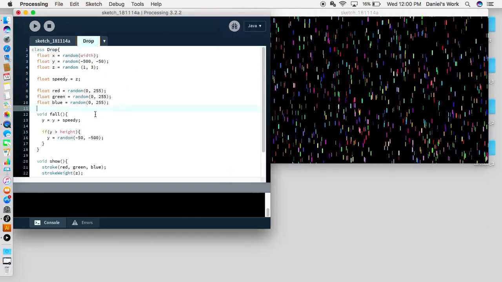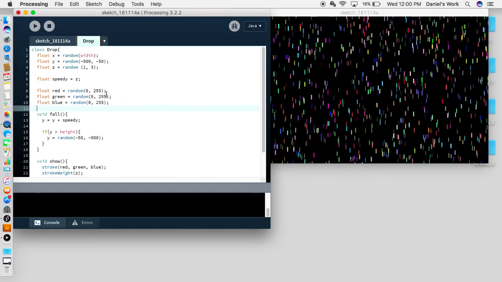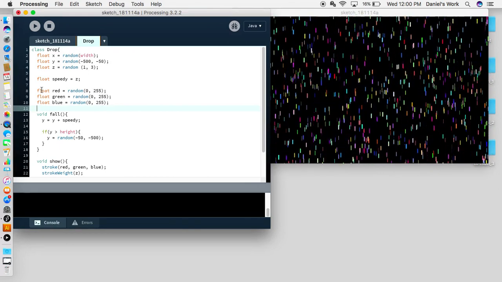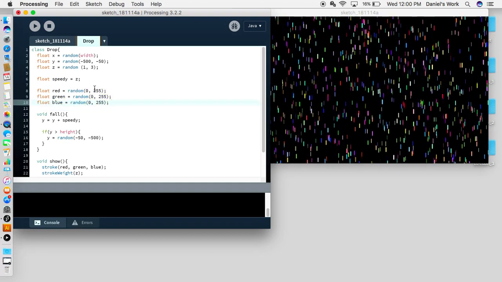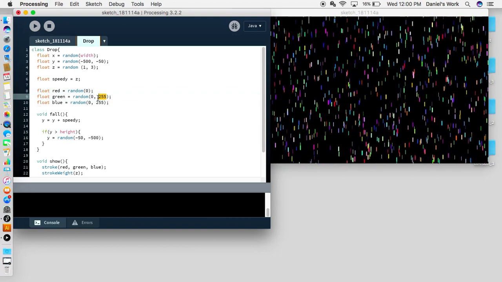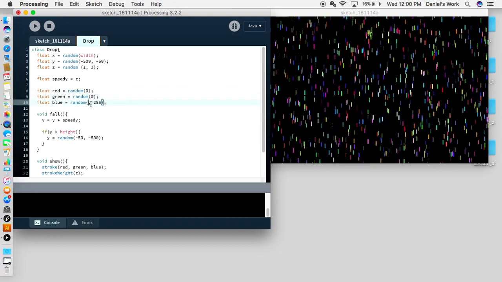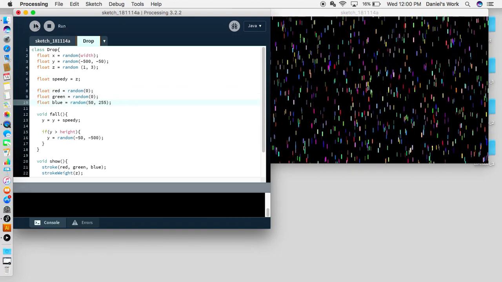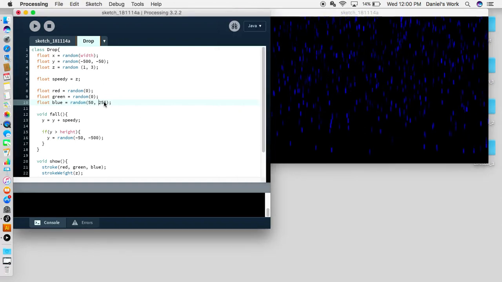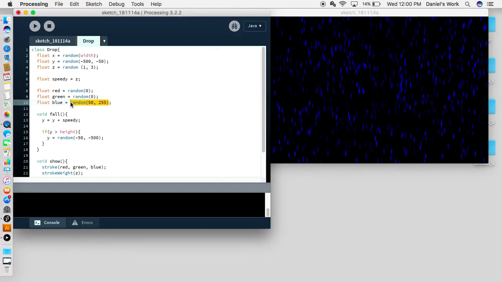Now, if say you wanted to make this blue rain, you would simply not set the random variables like they've been set here. Instead, we would want to set red to 0, green to 0, and give it a value between 50 and 255 for the blue. And that will give you different colored blue raindrops. Of course, you could also then